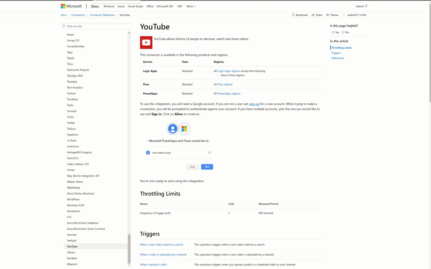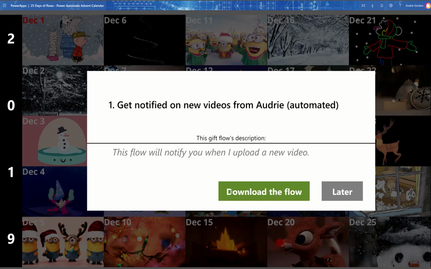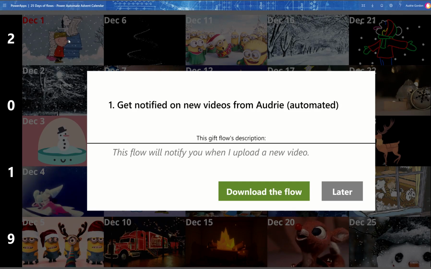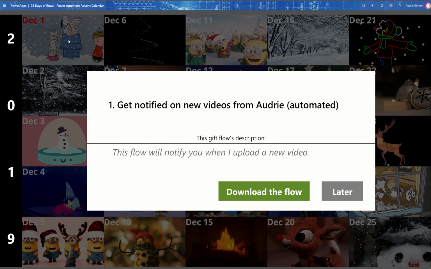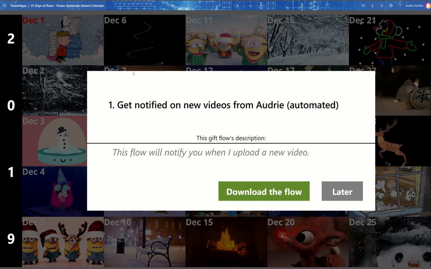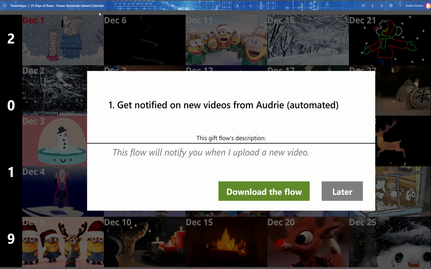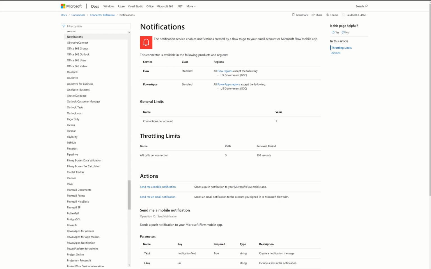Okay, so now when you download it from the Power App, you'll click that link, or you'll download it from the Power Automate Community Webinar Gallery, which is where it will go every day these next 25 days. You will now have that zip file on your computer. And when you have that zip file, you can import it. So let's do a quick import just to show you before I dig into